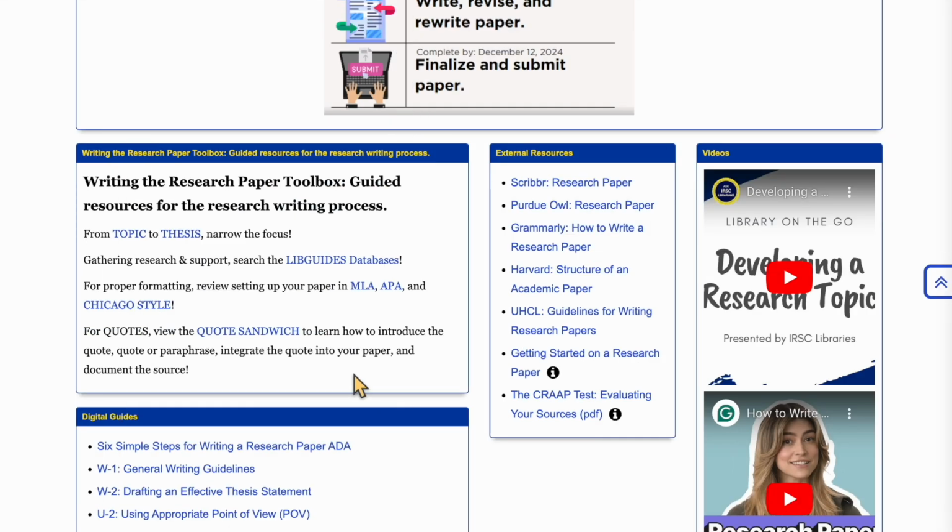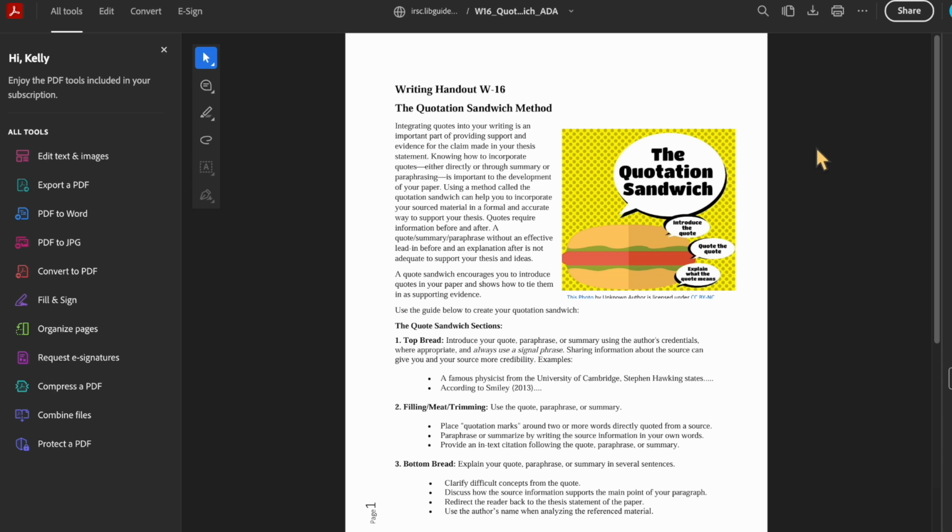Finally, the Quote Sandwich link directs students to a PDF showing the quote sandwich, a helpful guide on integrating quotes into the essay. Students can save the PDF to their own computers by clicking on the arrow in the upper right-hand corner. To summarize, the quote sandwich consists of the top bread, which is the introduction to the quote or